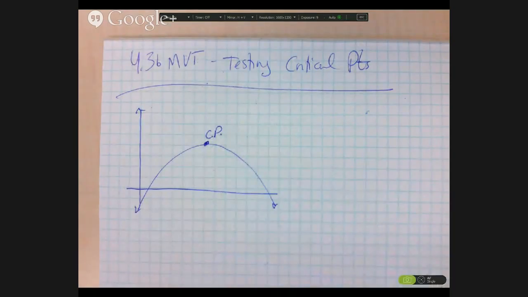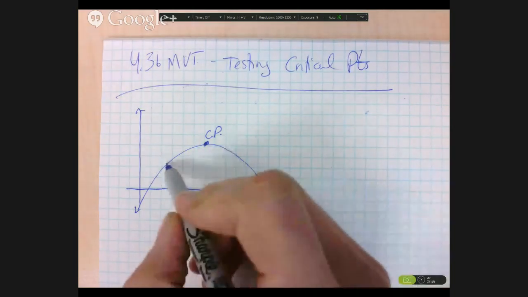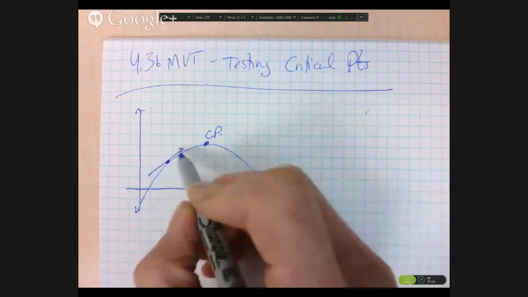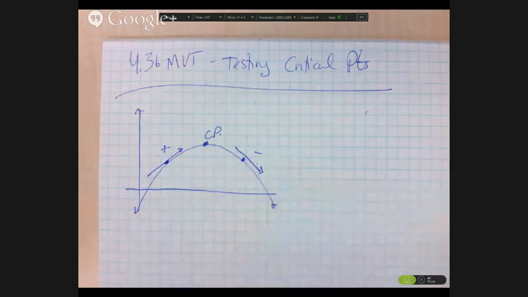Can anybody think of a way to test to see if that's a max or min using a derivative? Second derivative. The slope is negative. We'll get to the second derivative later. Your point, the side of it. The slope is positive, the other point is negative. Kind of like that. So if the value of the derivative changes from